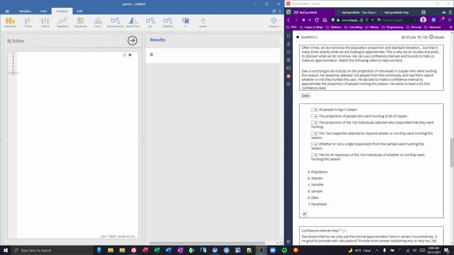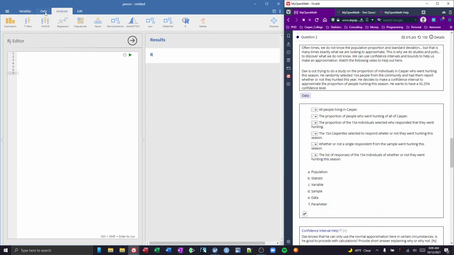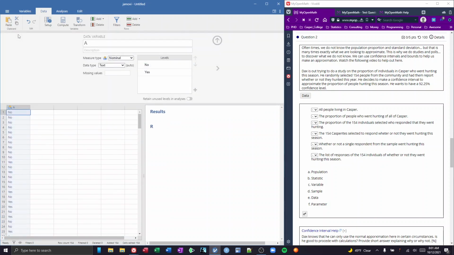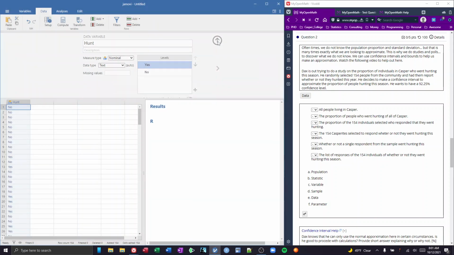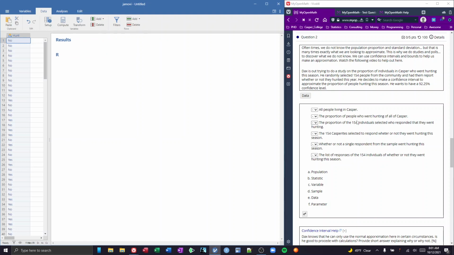Okay, and let's go ahead and get our data in. So let's just go ahead and grab the data. Let's copy it in. Let's go over to Jamovi, go to data, paste it, and then let's do just a little bit of altering here. I'm just going to name this hunt. And just for convenience, I'm going to change my levels to have yes at the top and no at the bottom. All right, so now that I've got my data all set up,